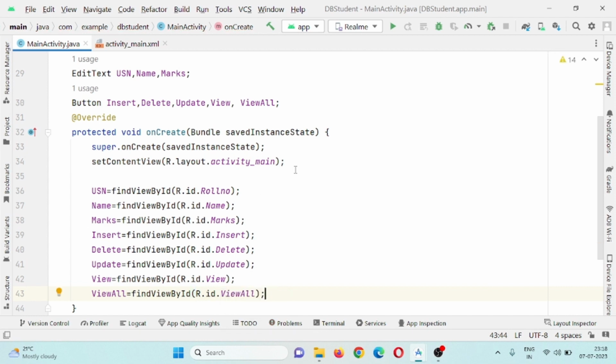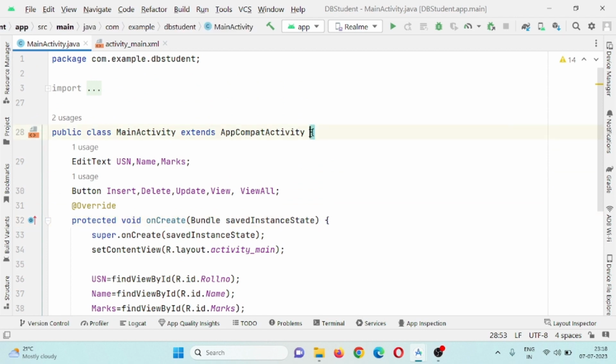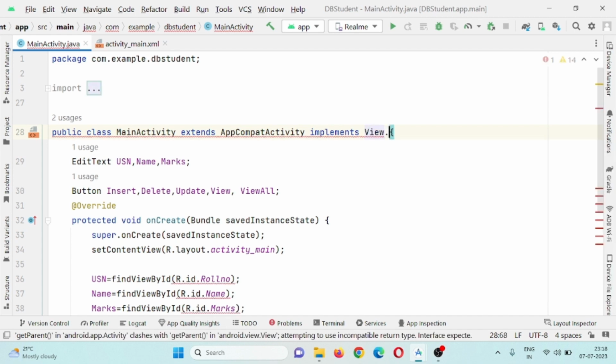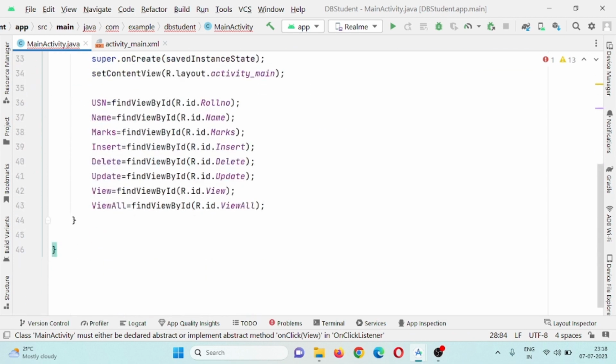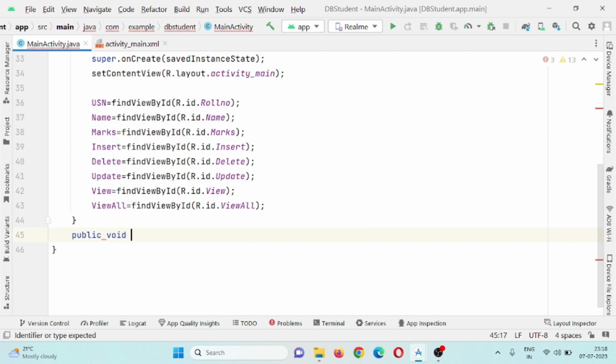Now I want to implement an onClick method. Since there are 5 buttons, let me implement it in the main activity class itself. Implements View.OnClickListener, and here I'm going to implement the onClick method. Public, it does not return anything, void onClick,